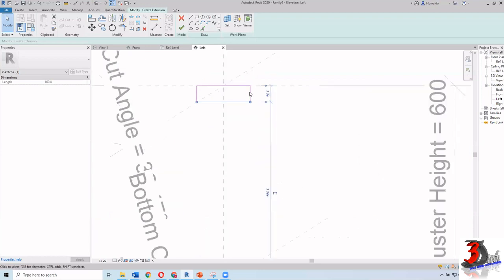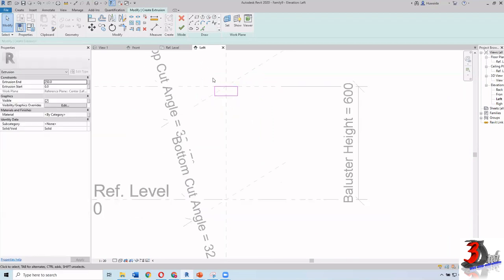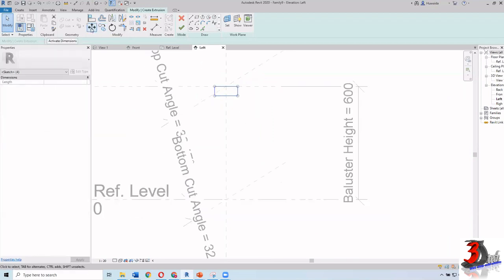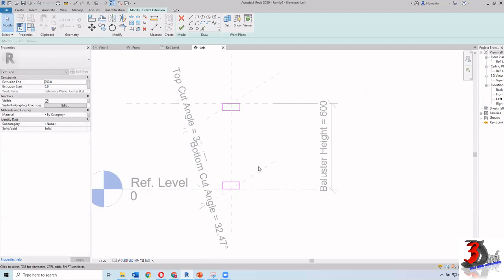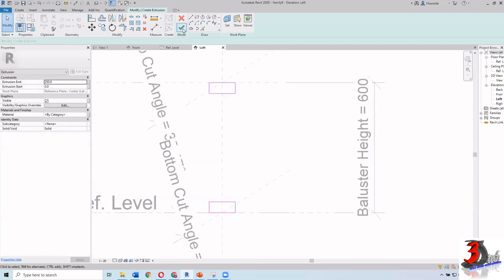Sorry, this is too small. Wait, this one 60. 60, and this one is 120. Alright, something like this, and I will copy this extrusion to make it the same as the bottom one. Okay, once you have done something like this, you can click finish edit mode.